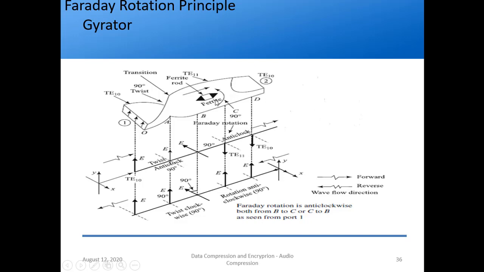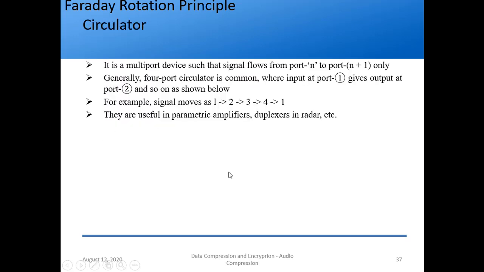Here it is starting to pass through ferrite. So from here it will go, and when it comes out of the ferrite it will be 90 degree rotated. So here it is 90 degree. Now it is coming in the opposite way, right? And it is at 90 degrees. So what will happen? From here it will go like this, so that is in clockwise direction. Because of this twist, it will be basically opposite to this twist, right? So it will come in clockwise direction. Again I have vertical, means I get the same signal at the input side. If I give the input from here, I am getting the same signal without any phase shift. So this is what? Gyrator.